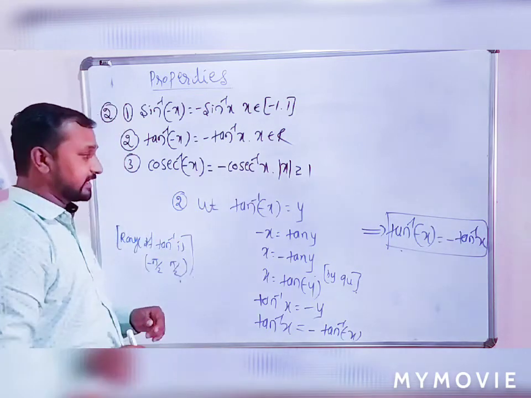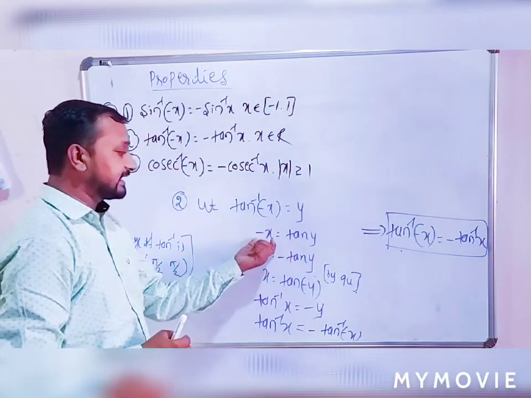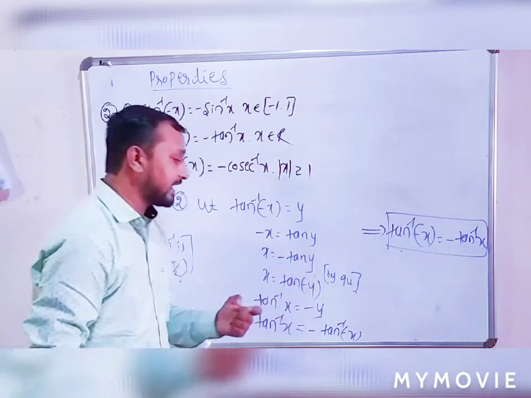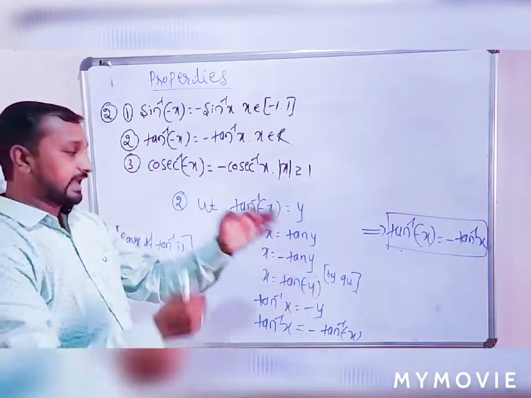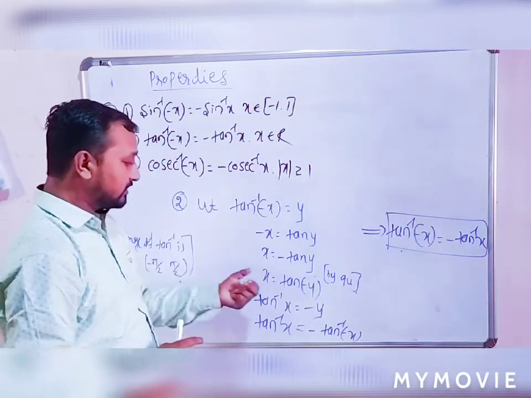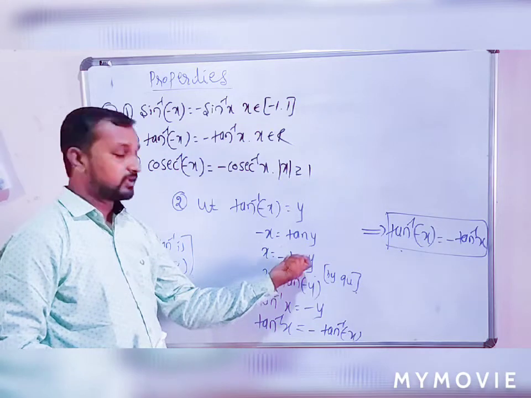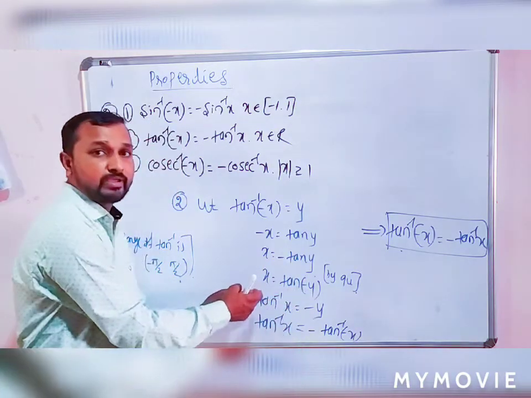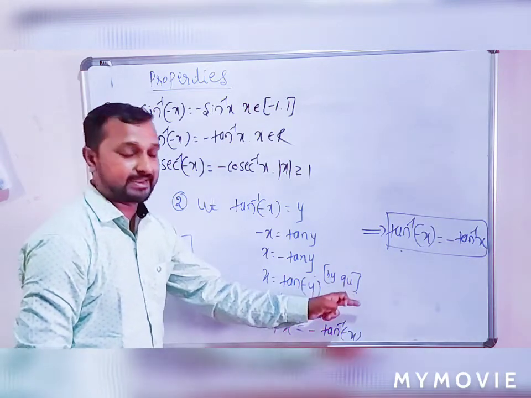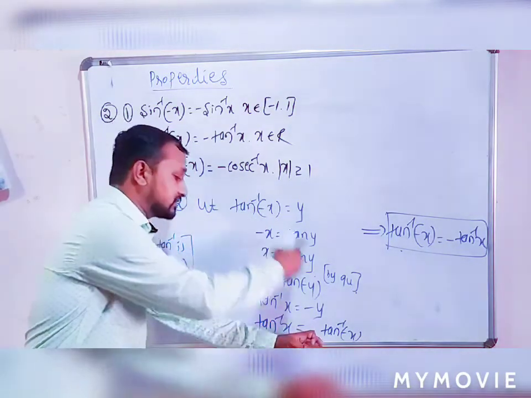So let me explain once again. Tan inverse of minus x is equal to, let us take, y. So minus x equals tan y. X is equal to minus tan y. By the quadrantal rule, the tan inverse function has positive values as well as negative values. That's why x is equal to tan of minus y. Tan of minus y is nothing but minus tan y. The tan function shifted to the left hand side becomes the inverse trigonometric function, that is tan inverse of x is equal to minus y, or tan inverse of x equals minus, and the value of y is tan inverse of minus x.